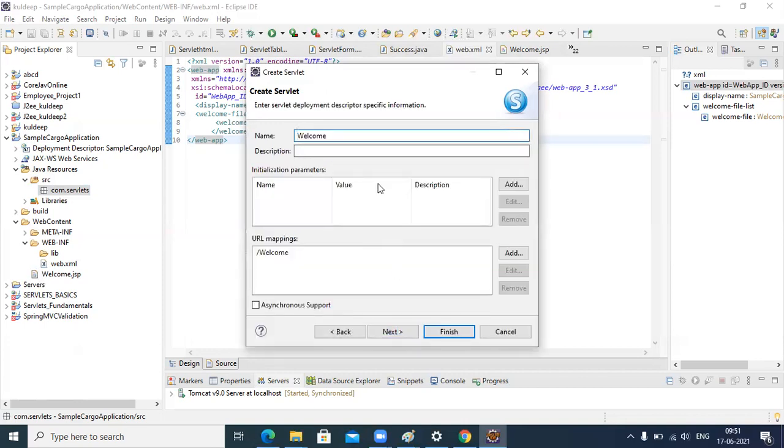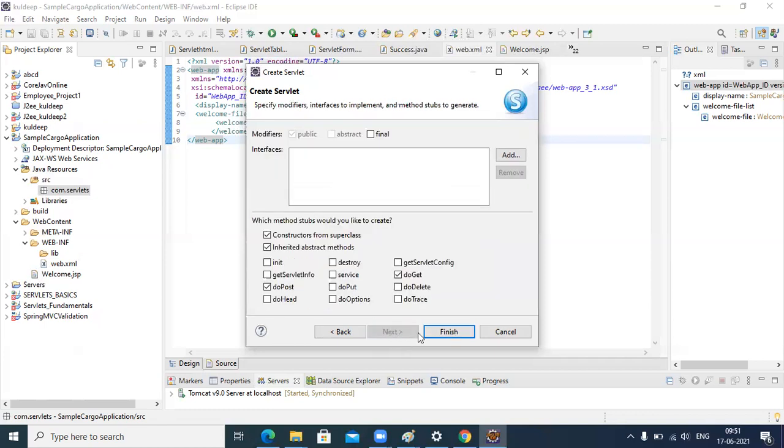Click on next. You can see the name is given here. Description, let's say first servlet. And this is the URL mapping. This is important, how you are calling your servlet. Click on next.